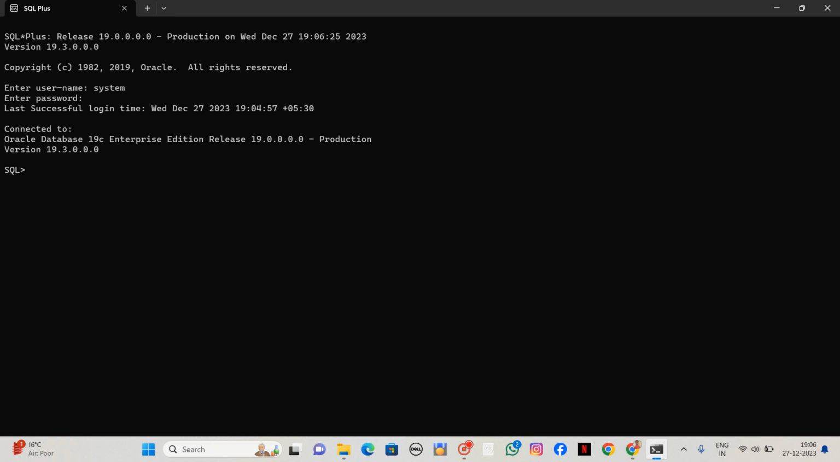So the statement is CREATE TABLE, and the table name is employees, bracket, enter. And we have to create a table. In the table we have three columns, okay,